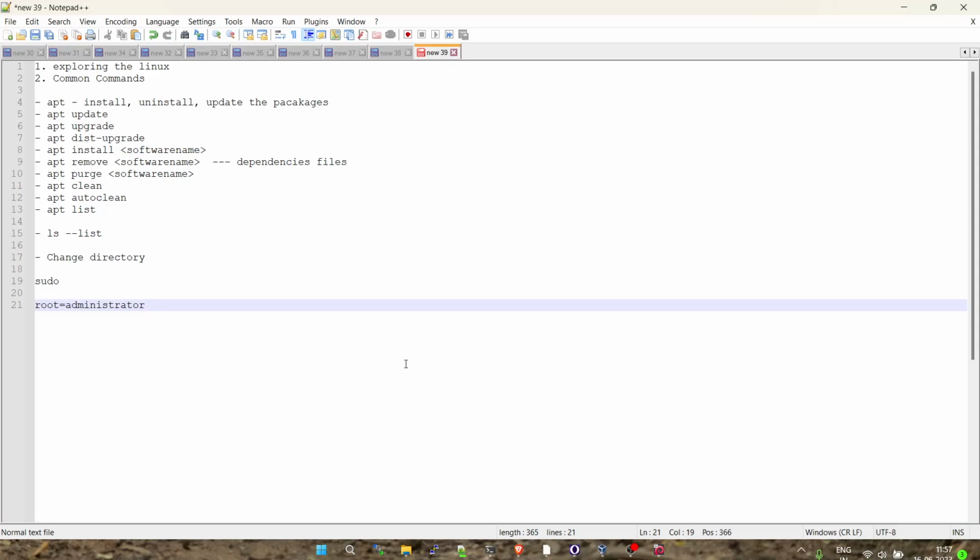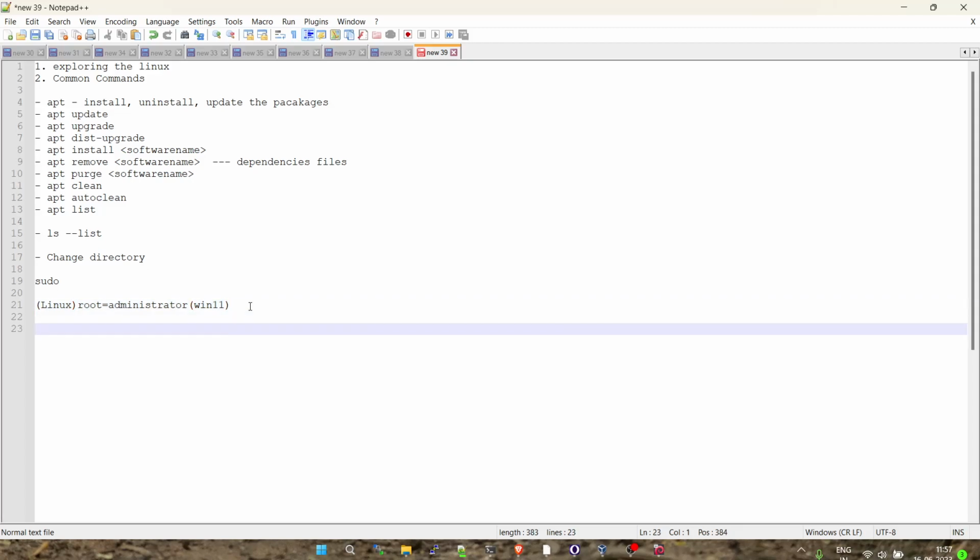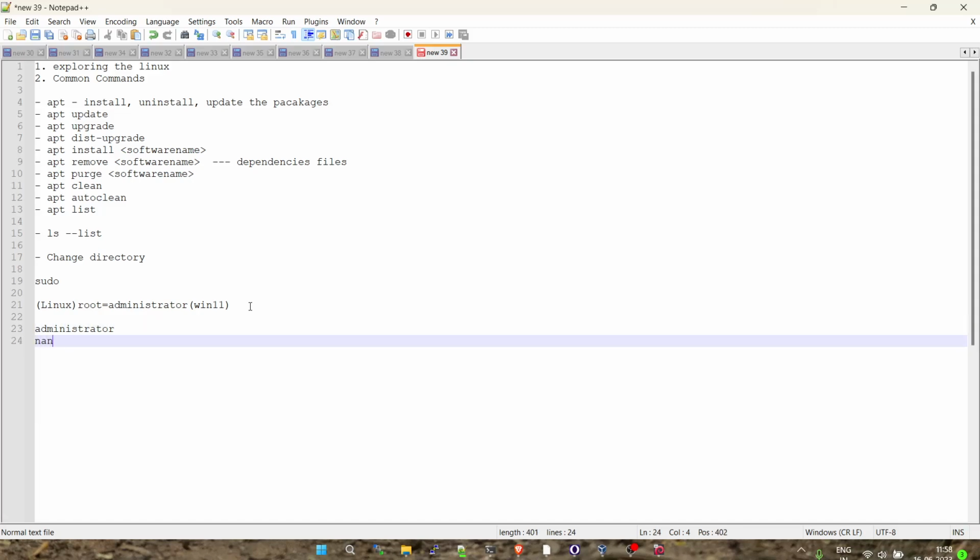So what I mean to say is, in Windows we call them administrators, and in Linux we call them root. Whenever you install any software, especially Windows software, you have to create a user, compulsory, because the software will be installed using the admin. I install Windows 11, that means my default user is admin. But I want to create one more user called Nandkishore. Why? Because if I'm working in a particular user login,